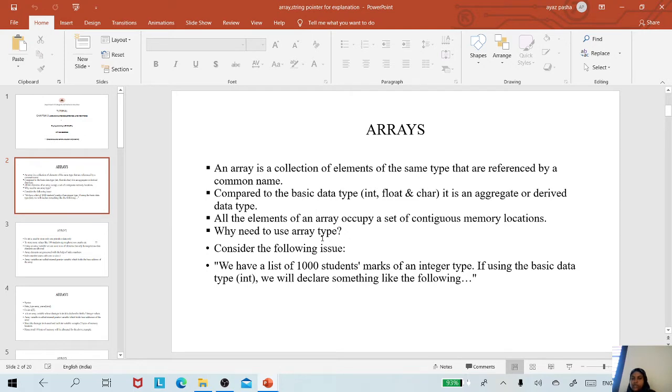For example, if you declare a data type integer, int a, where a is a variable which can hold a single integer value. If you want to hold multiple values, then you have to make use of arrays.